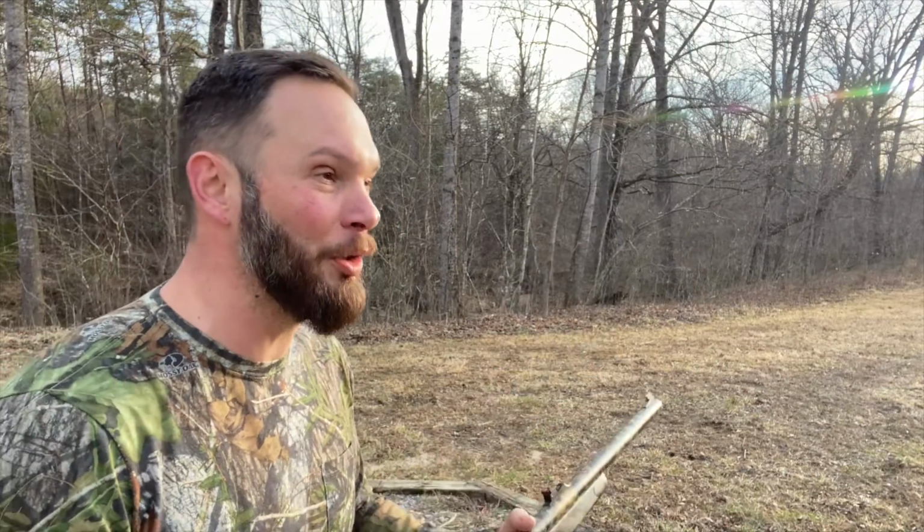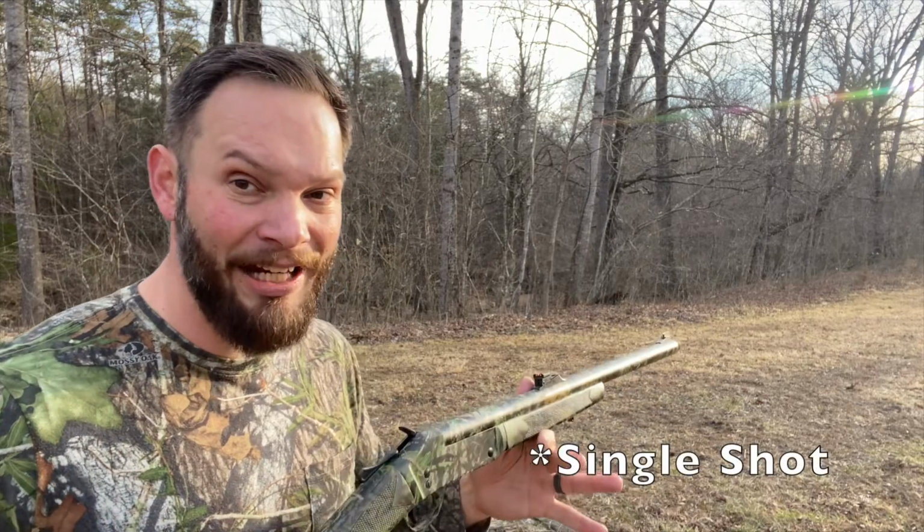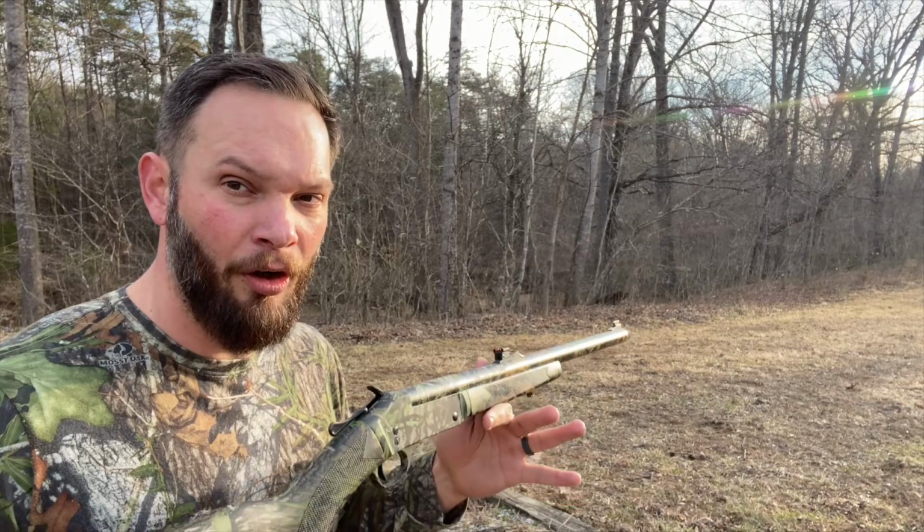And one of the nice things about a single shot is once I fire it, the shell is spent. It's not going to shoot a second time. With a pump action, you've got the same thing going on. As long as you don't automatically pump it, you fire it, it's got a spent shell in the chamber, you're pretty safe to go there. Click it over to safety or whatever else. But when it comes to a semi-automatic, it's going to automatically reload a new one. When it's an over/under or a double barrel, that sear is going to move over so you're ready to fire the second barrel. But with my single action, it is automatically safe